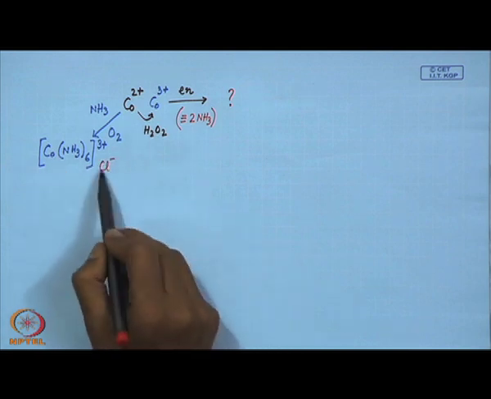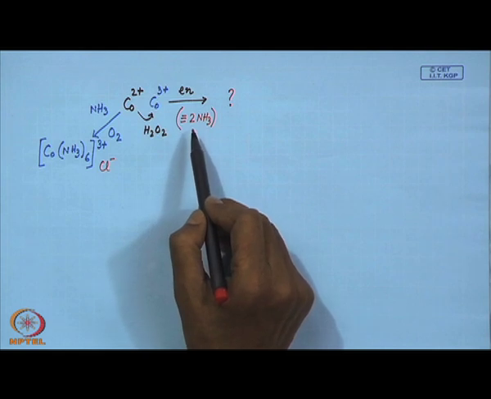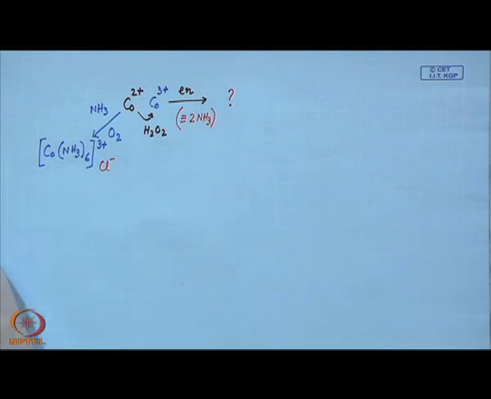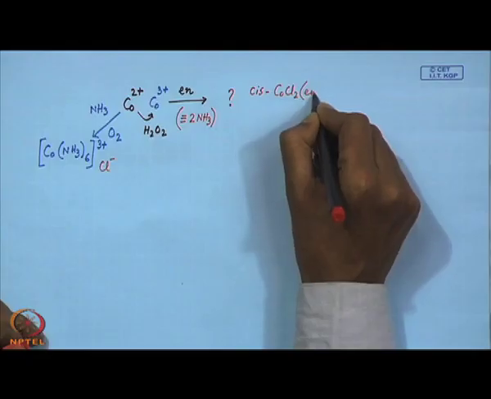So, 2 of these positions can be occupied, and what we cannot control in the presence of Cl minus is the binding of the cobalt chlorine bond. But in this particular case, if we are lucky enough, we can get some compound where cobalt chlorine bonds are still present, which can give rise to one particular isomeric form. We get the cis variety where 2 ethylene diamine molecules are bound to the cobalt center and 2 chlorides are still there, which is violet in color, and the trans isomer is green in color. So, we have cis-CoCl2en2.